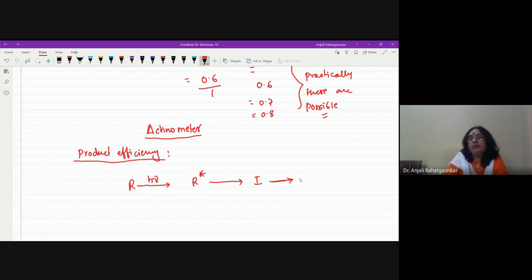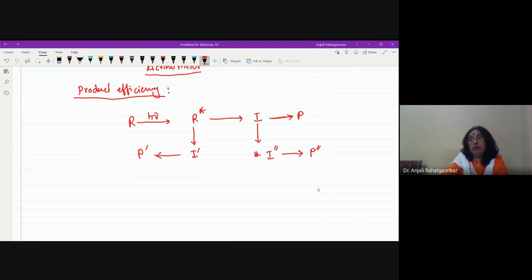That is the second step, the formation of I, the intermediate, and the intermediate will give you P. Another possibility is that it can give you I dash, or it will give you P dash. Another possibility is I can be converted into I double dash, and you will get the product. Now overall